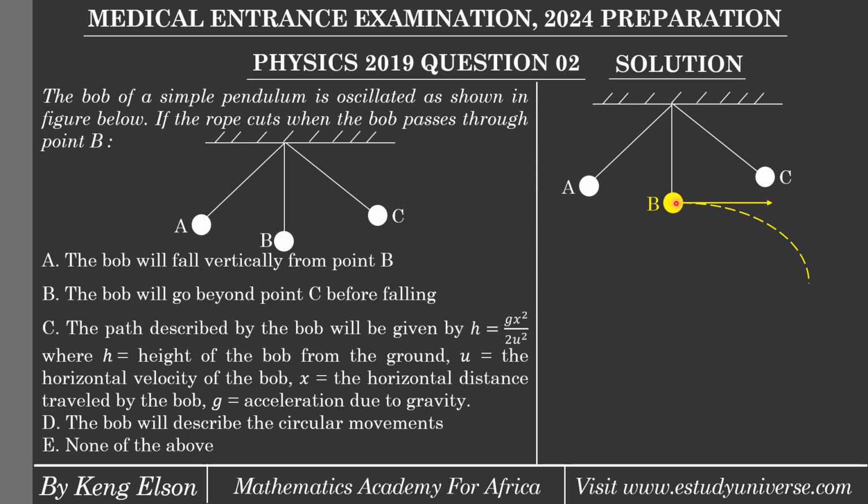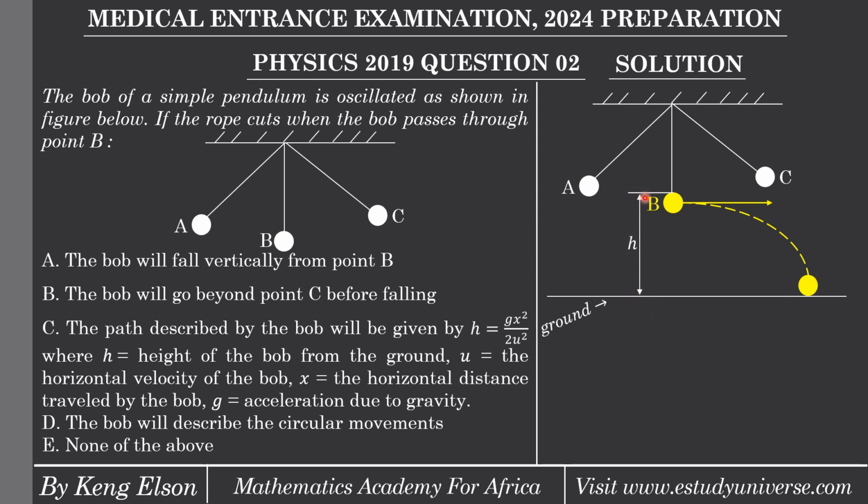So you're going to kind of move like this. Initially you are moving in the horizontal, then at a certain time you are going to describe a parabolic path. At a certain time you arrive at the ground. I just call this a ground. So this is a point B, that is the initial state, and this is the final state when it arrives at the ground. Now we are going to look for the height above the ground reached by the ball,